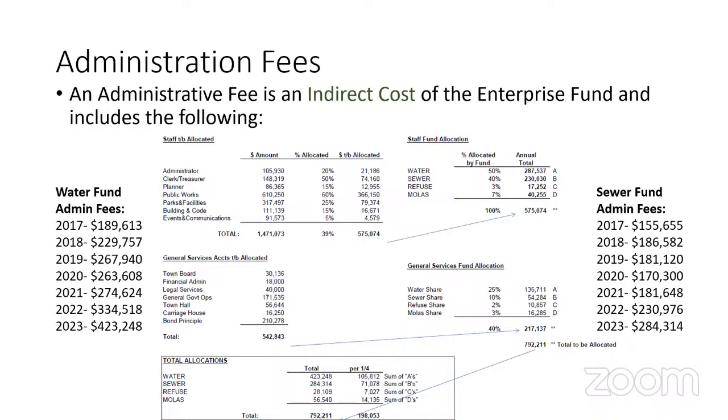So this is $792,000 that gets added into the general fund. So sometimes people might use this or might abuse it and use it to supplement a lot of their general fund. So that's been one of the arguments.